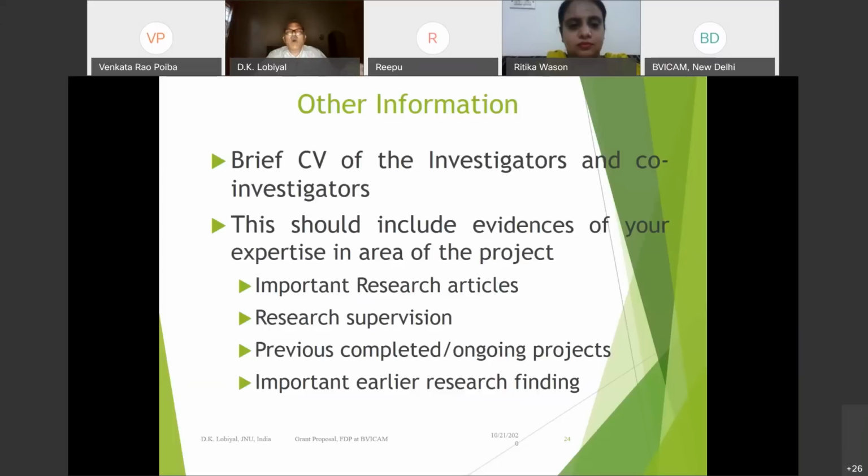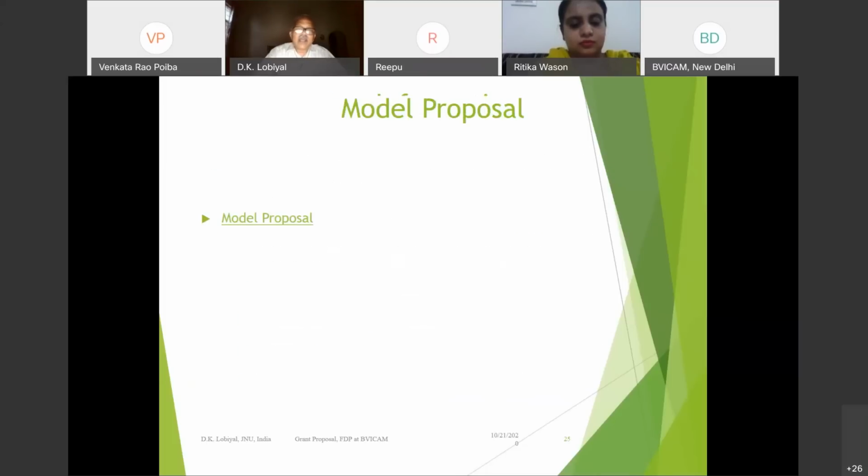And about your ongoing projects or previously completed projects, that information also tells the agency that yes, you already have experience of doing projects. If you are not a first timer, it gives an upper hand. If you are a first timer, you also have scope, but that is different. And if you have done projects, what was the importance of the earlier projects and their findings? It gives an upper edge. And that is why I said,